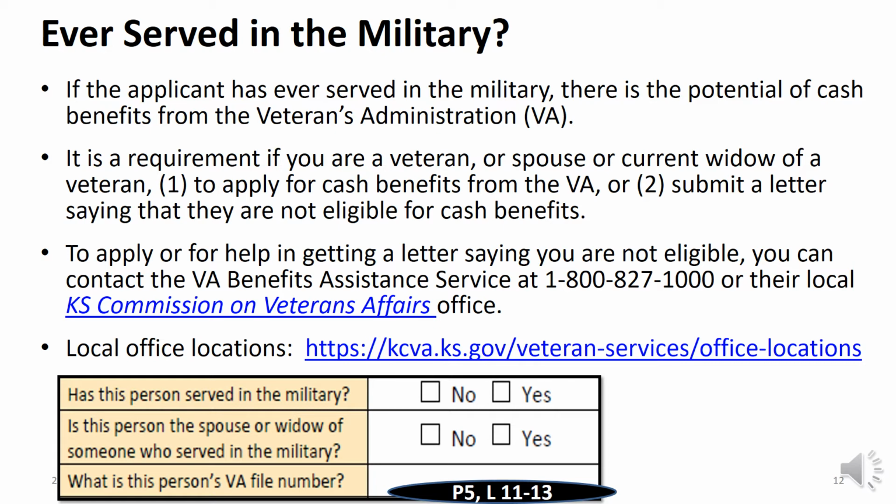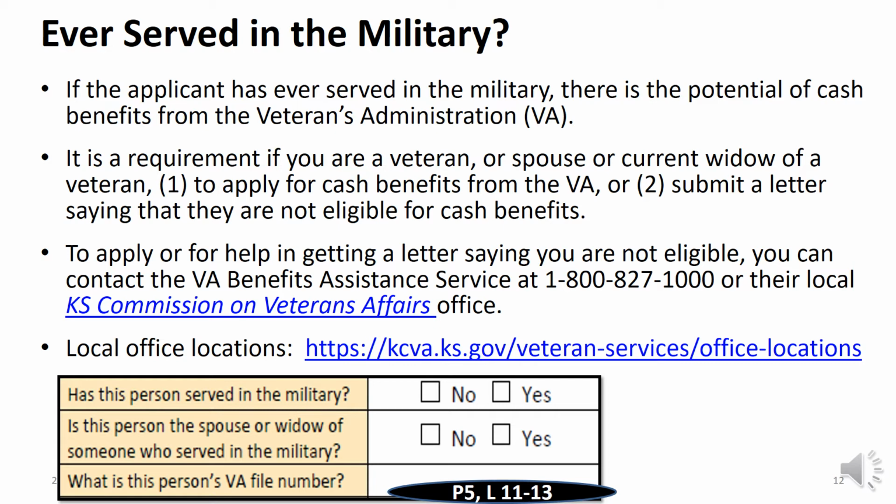You'll need the Veterans Discharge Papers. For the Korean War or after, that would most likely be the DD-214 discharge papers. If you cannot find the discharge papers, the Kansas Commission on Veterans Affairs can help you get those papers. However, you will need to know when the veteran served, and that can take around 90 days to get that